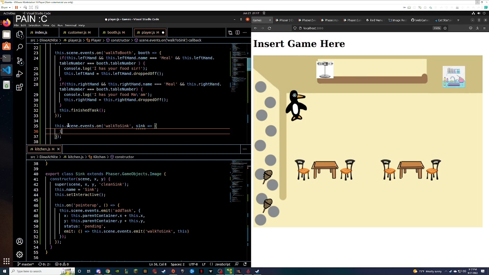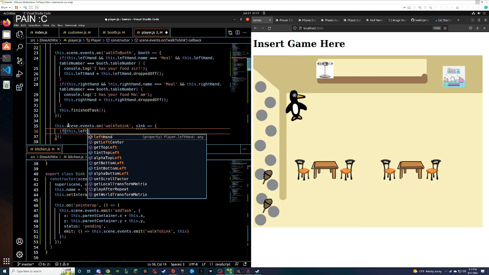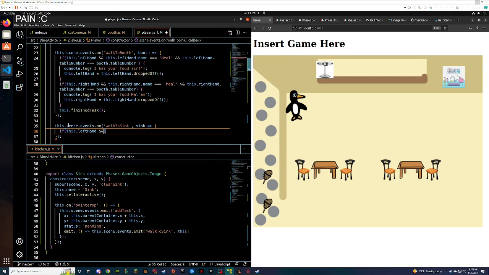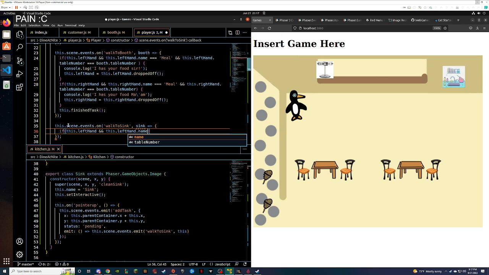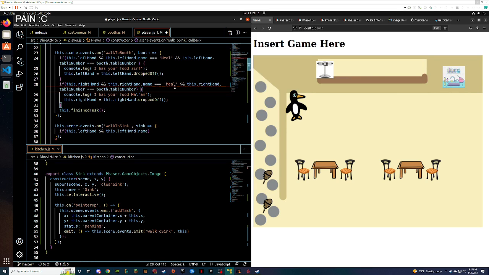Okay, so when we walk, if this dot left hand, because we want to make sure it's not null, this dot left hand, oh shucks. Oh shoot. Okay, so I just realized an issue here.